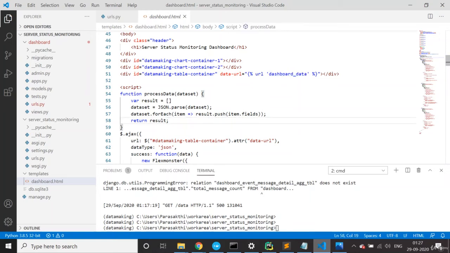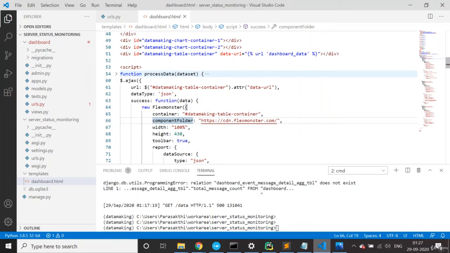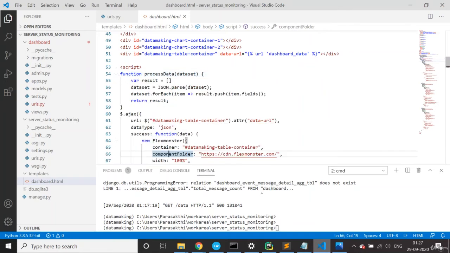Once you get the data, we will be sending it as a JSON structure. We'll parse the data and make it a dataset, which is basically a list of JSON objects.